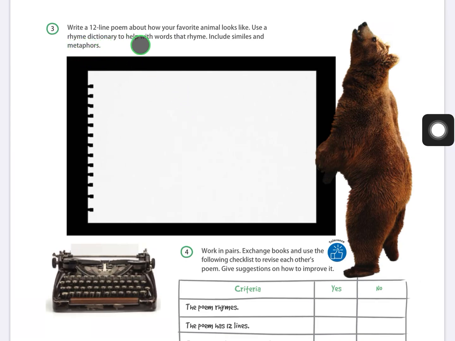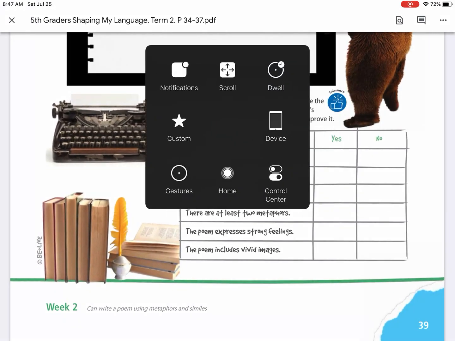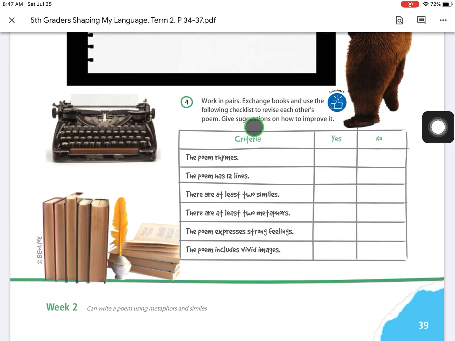Write a 12-line poem, just 12 lines, a little short, about how your favorite animal looks. Use a rhyme dictionary to help with the words that rhyme. Include similes and metaphors. Remember that a poem is going to have different rhymes, where the last word sounds similar to the next line. Just 12 lines. Then in pairs, you are going to exchange your books and use the following checklist